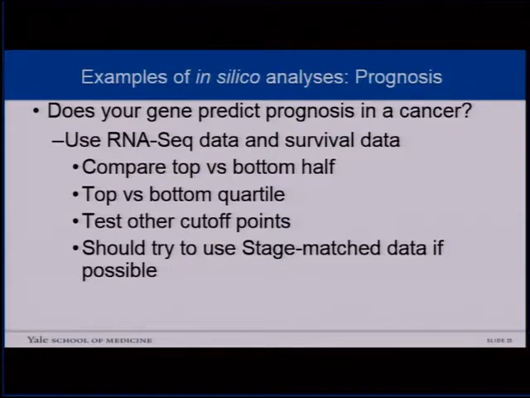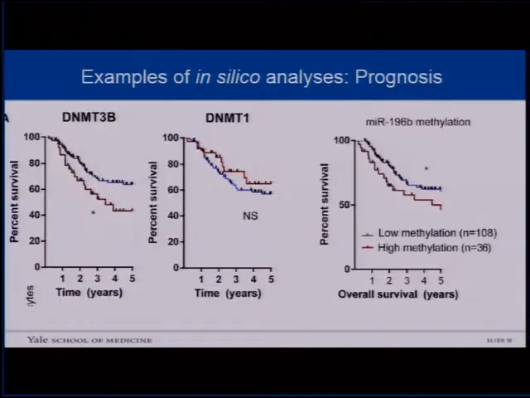What's often done, which is not the best approach, is you take the top 25% and compare it to the bottom 25%. The problem is, if you actually had a clinical test that worked like that, it means you're throwing out the middle 50%, and you won't even talk about them. Typically, if you have a cutoff, whether it's 10 versus 90 or 90 versus 10 or something in between, it's a little bit more actionable. But anyway, this approach is pretty easy to do. And if possible, you should use stage-matched data, like for melanoma stage 3 might be a relevant stage. And what this tells you in your introduction of your gene X is that, based on the survival data,